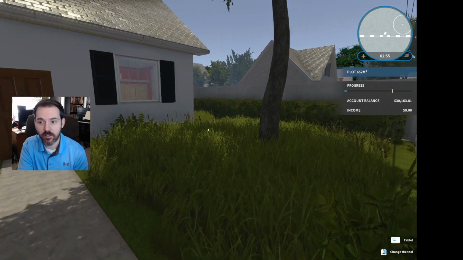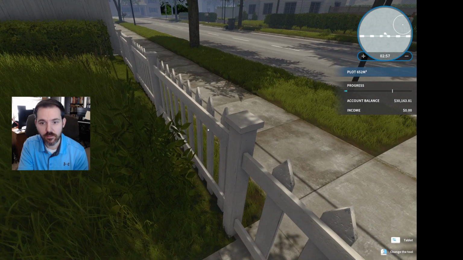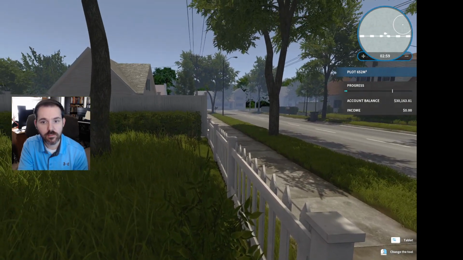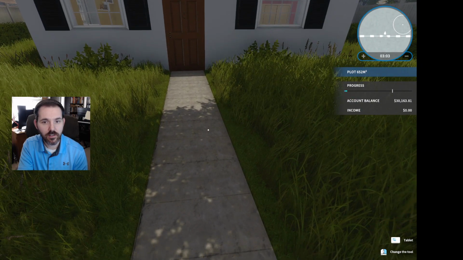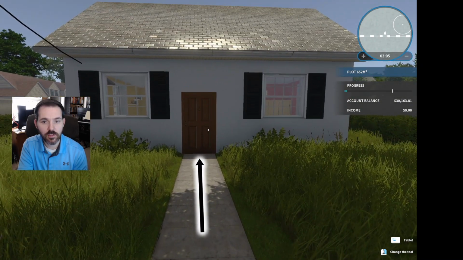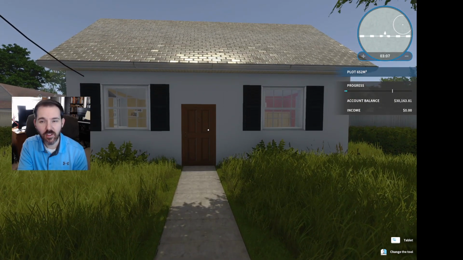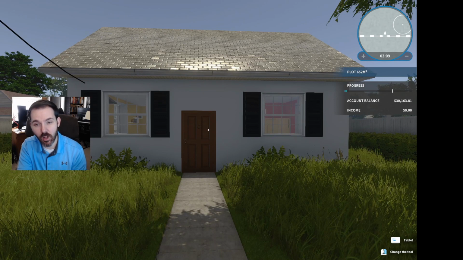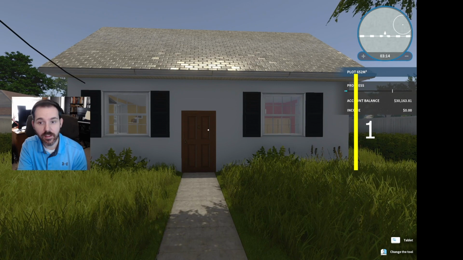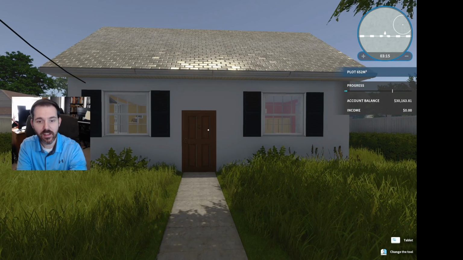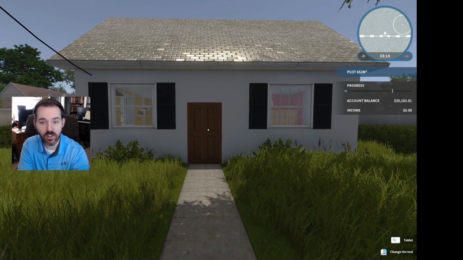There is a white picket fence and a sidewalk that leads up to the door. The house is very small, one floor, and let's go ahead and look inside. Let's go inside the house.